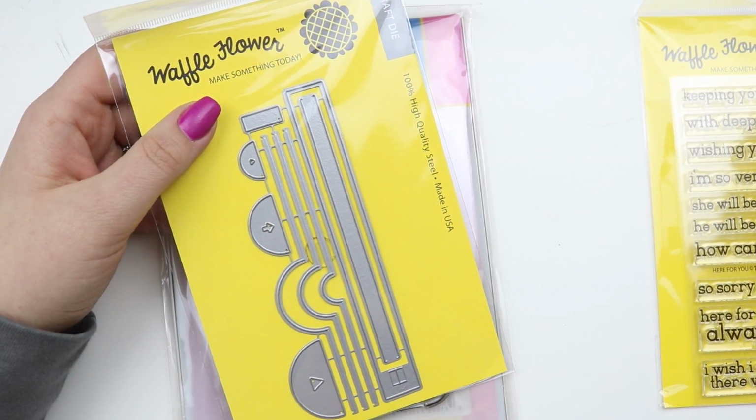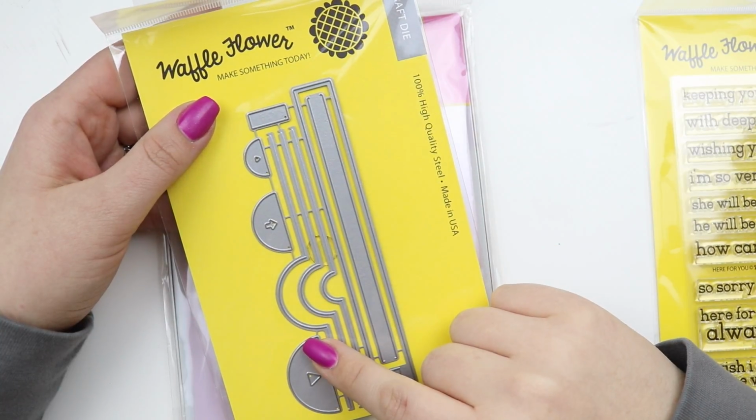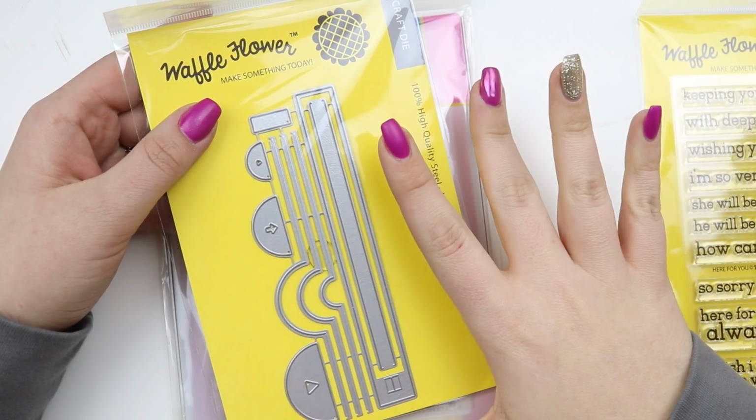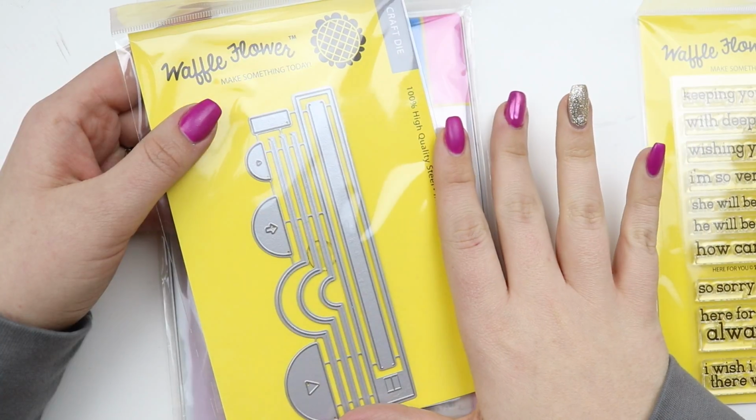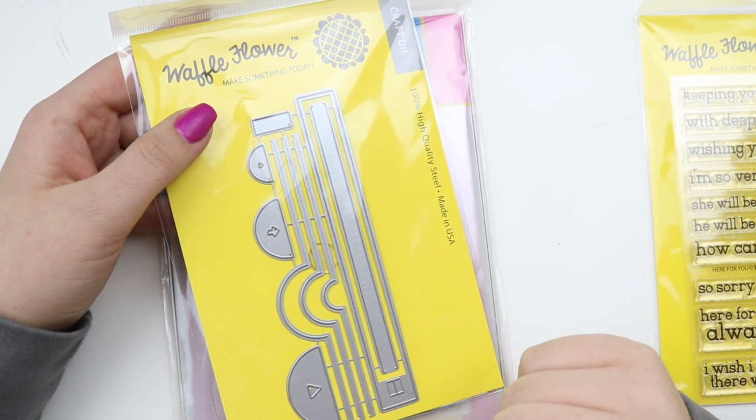I love dies that are so functional. I love functional fun cards, like the tree pop-up from Waffle Flower, which you would have seen in one of my vlogs. I get asked to do a tutorial on it, so I may do a tutorial, even though it's not Christmas anymore. But anyway,